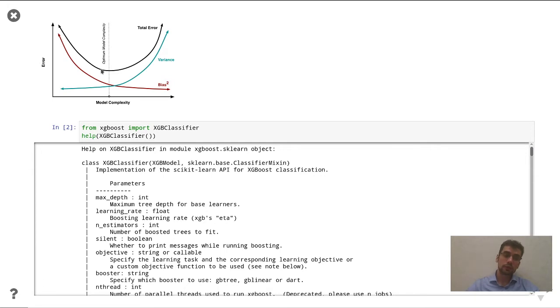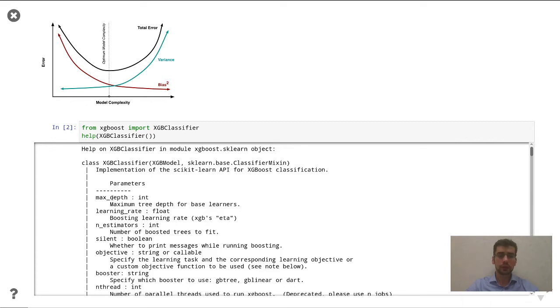It's not true for every dataset and every model, but we still can use it when we try to find the optimal set of parameters. So for XGBoost we have several important parameters, and